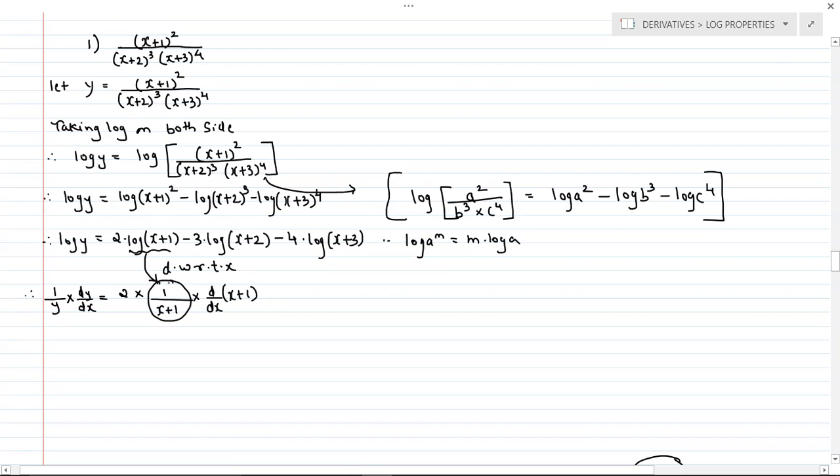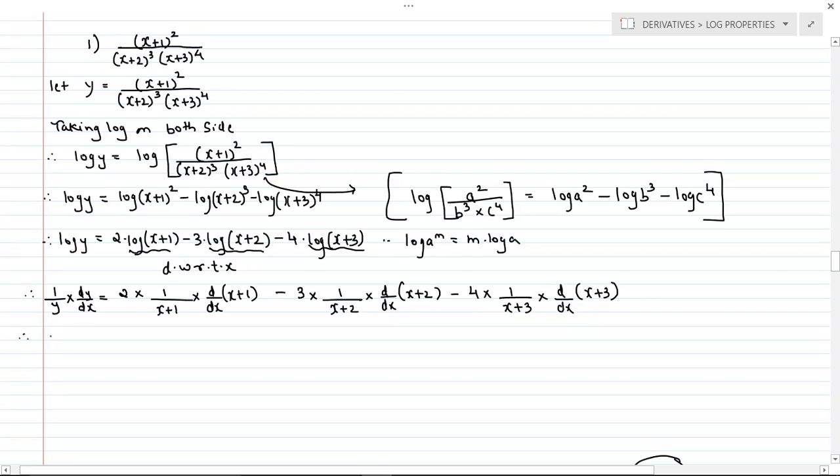Then after that, see, x is replaced by some other term and you have to derivate that x part also. Then here minus will keep 3 as it is. Then again, this looks like log x, but x is replaced by some other term. So we'll use the chain rule concept into d upon dx of x plus 2. 4 is constant, we'll keep as it is, 4. Okay. Log x, again this looks like log x. So 1 upon x plus 3 into d upon dx of x plus 3.